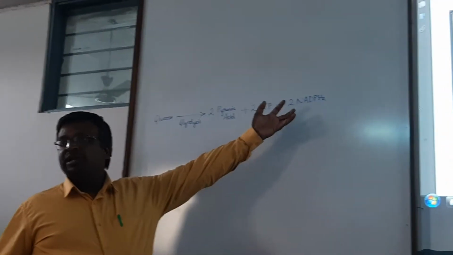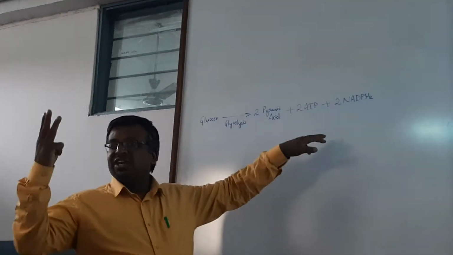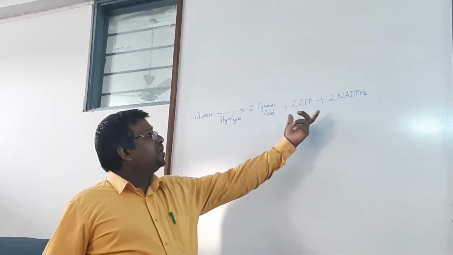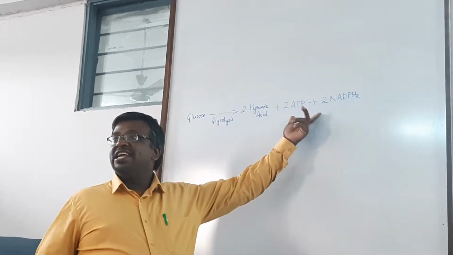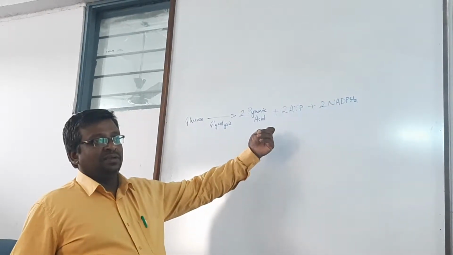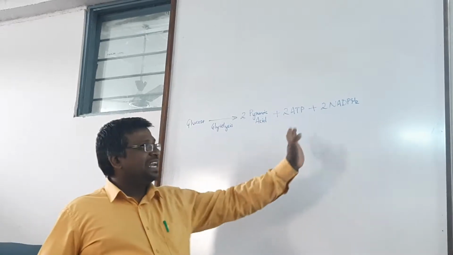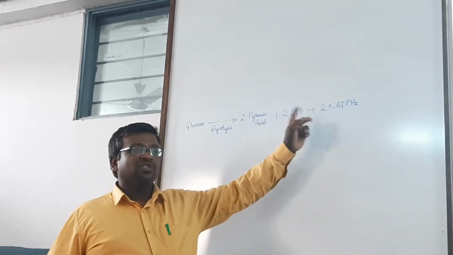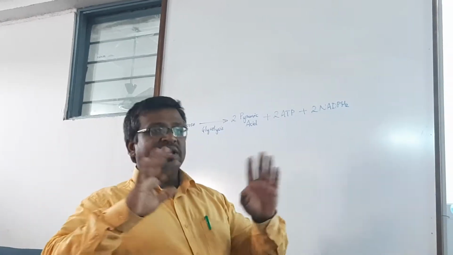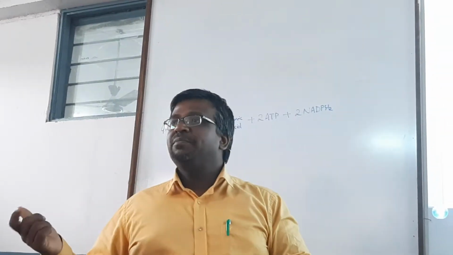So for the energy-rich molecule NADPH2, 1 is equal to 3 ATPs. So 2 into 3 is equivalent to 6 ATPs. If you convert it into ATPs, totally 8 ATPs are formed in glycolysis. But if you are looking just at energy-rich molecules, it is 2 NADPH2 and 2 ATP. This is what you have to remember about the overall reaction of glycolysis, which takes place in both aerobic